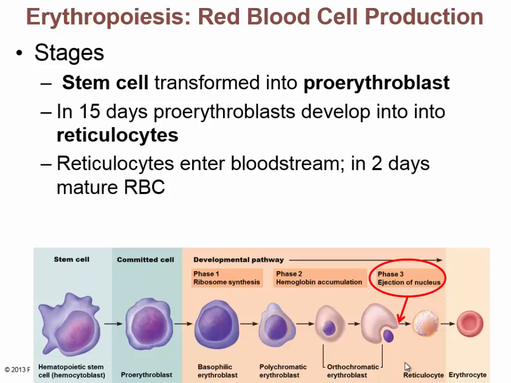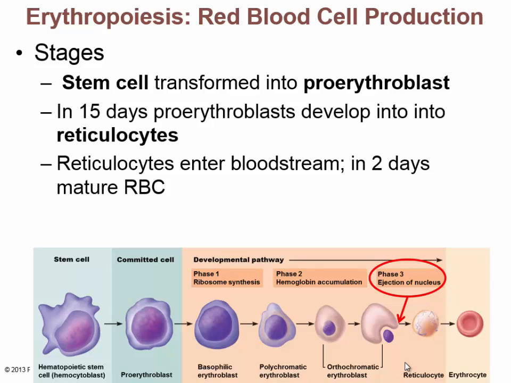It has erythro in it, so you know it's going to be a red blood cell. In about a 15-day period, about 2 weeks, it will go from that pro-erythroblast, through several changes, we're not going to go through all the different changes, and become something known as a reticulocyte. Now, this reticulocyte will then leave the bone marrow, go into the bloodstream, give it a couple days, and then it forms its